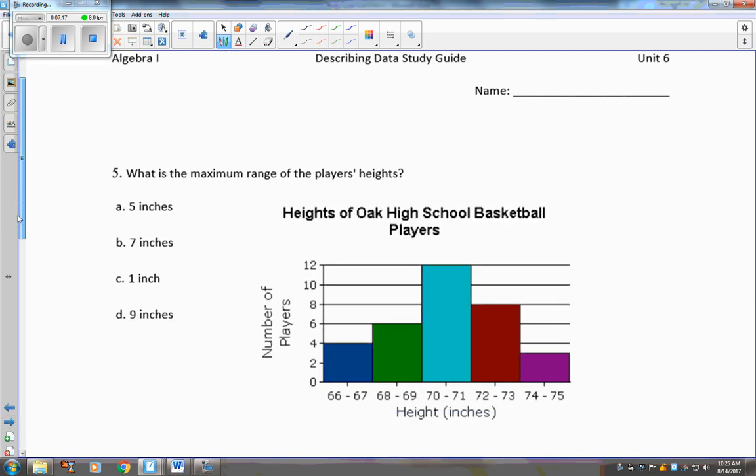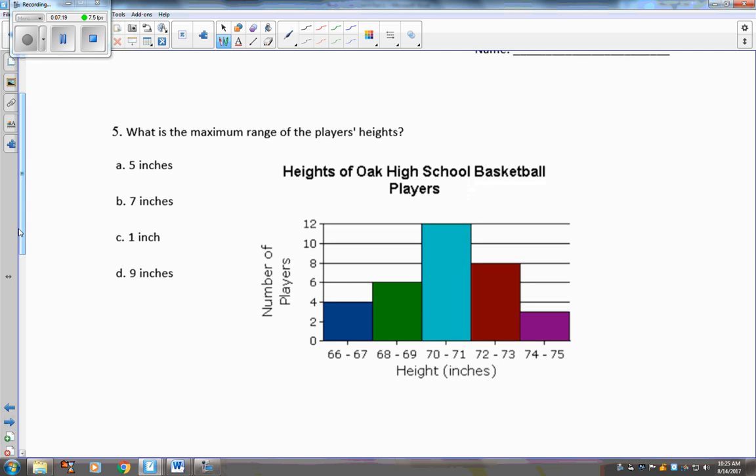Number 5, what is the maximum range? Yours is different. This word is not on yours. I changed that because that didn't make any sense. It says, what is the range of the player's height? Range is, if I were to take all of these and line them up, I would have